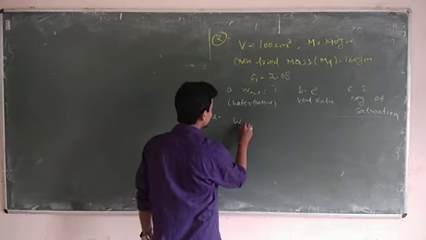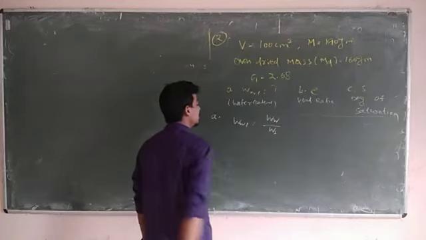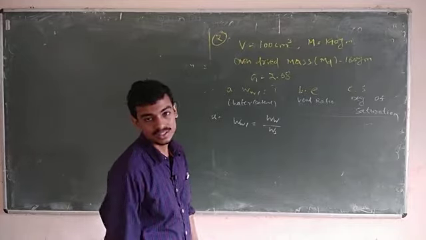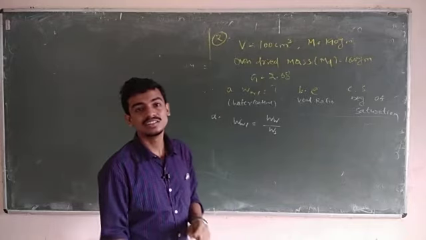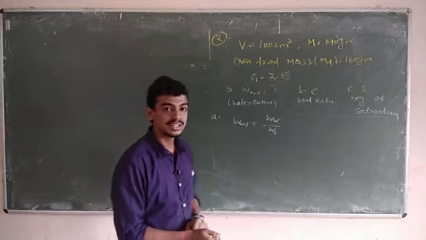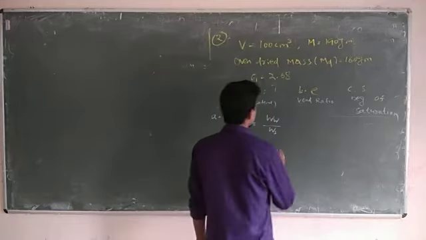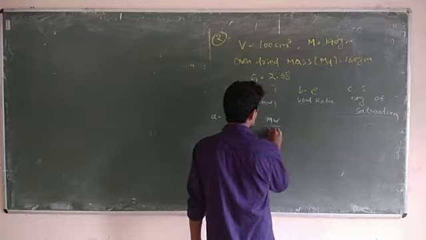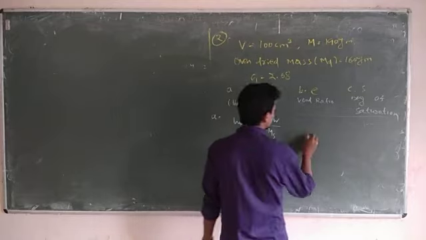So what is the formula of water content? Weight of water by weight of solid. Okay, yeah, mass of water by mass of solid. Nothing changed. Only G is multiplied in the weight, G is not there in the mass. That's the only difference between mass and weight. So don't get confused. So how to calculate weight of water? If you get confused, just take M only. Otherwise most of the students will be confused. So mass of water, how to calculate?